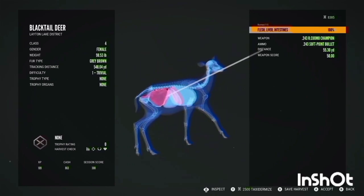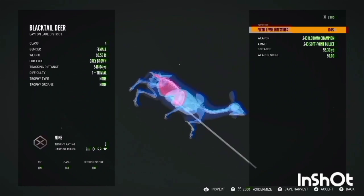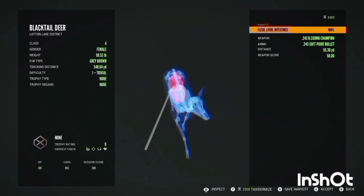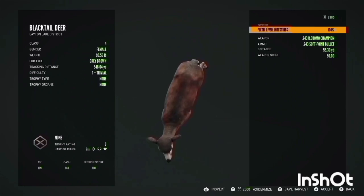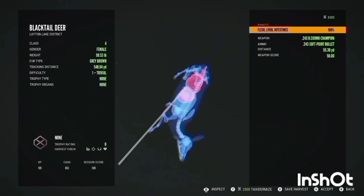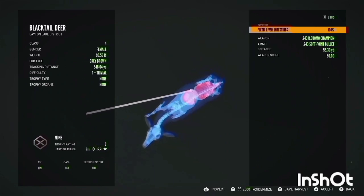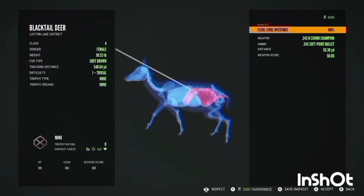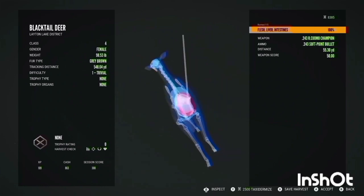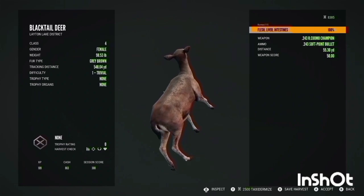Alright, so I was a little bit to the left. 55 yards away. Actually, it looks like a little bit more penetration, yeah, because that hit skin. Looks like it grazed the rib cage and hit the stomach and intestines and the liver. No, I missed the stomach. I clipped the liver. Alright. So at 55 yards,